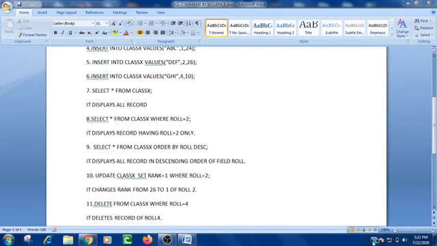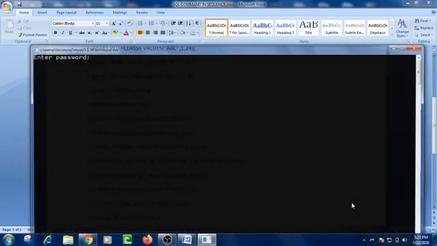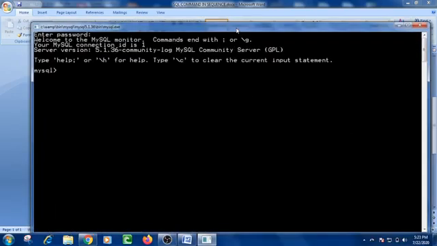Now all of you can see in the system tray the WAMP server icon is there. Click on the WAMP server, then go to MySQL, then click on the MySQL console. This is the MySQL console. Simply press the enter key, then the MySQL prompt is there. Now you can use it.